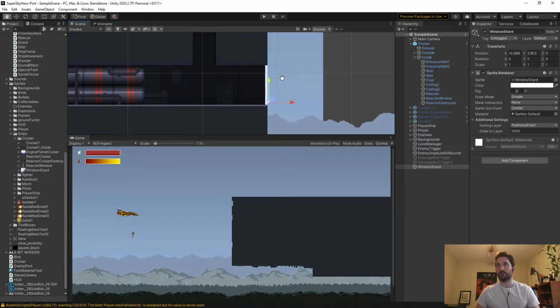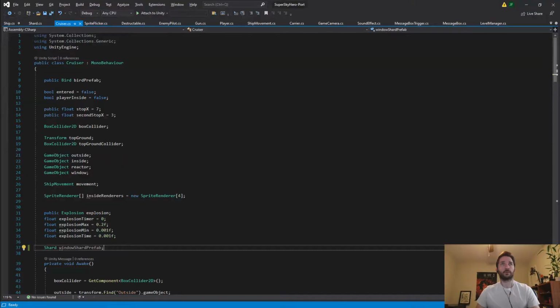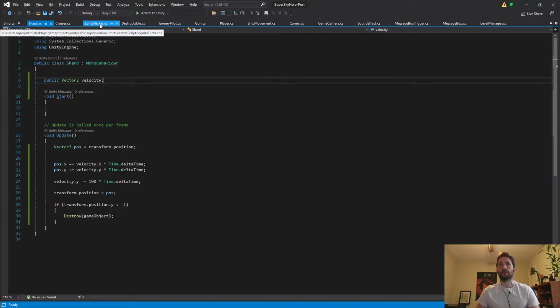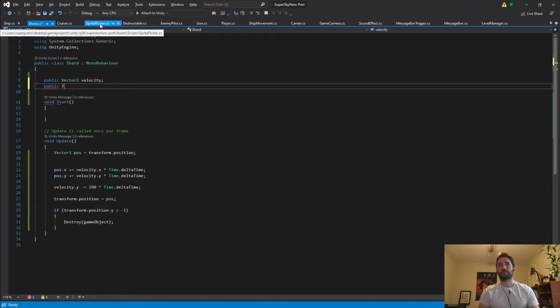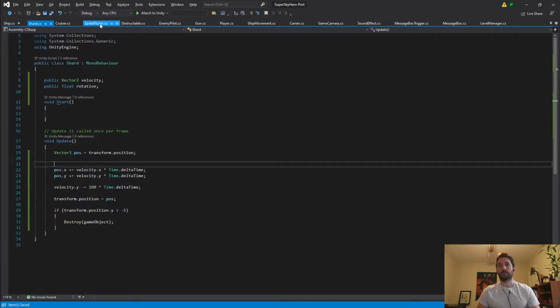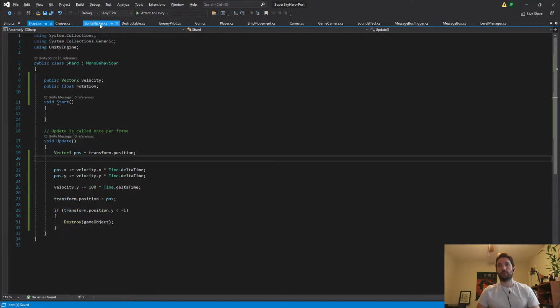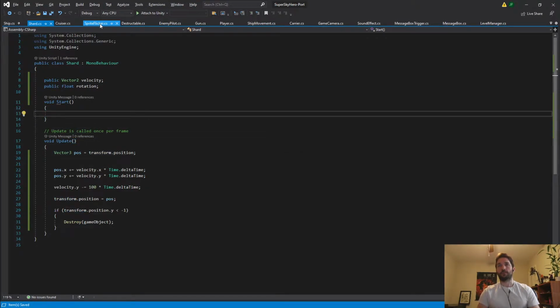And then a random rotation of some kind. Could take care of most of it here. Let's see. Velocity dot x equals random dot range